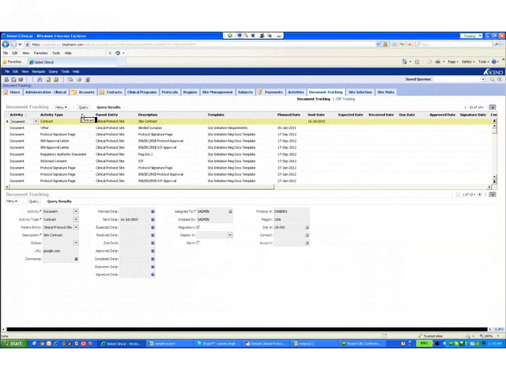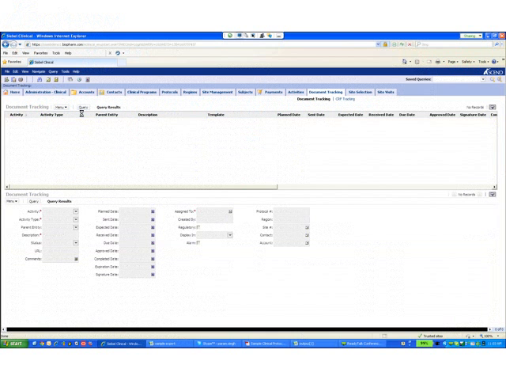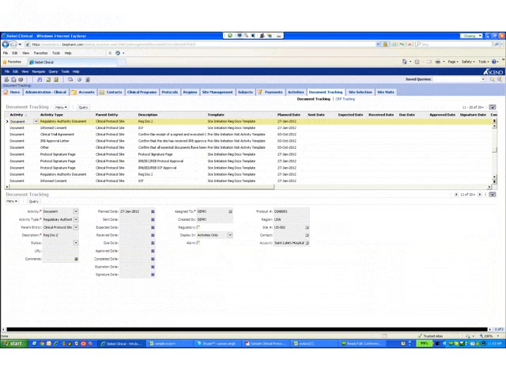I don't know if I have any amendments here, but let me look at protocol approval, just to show you the example. You would basically track your protocol amendments as documents within the system.